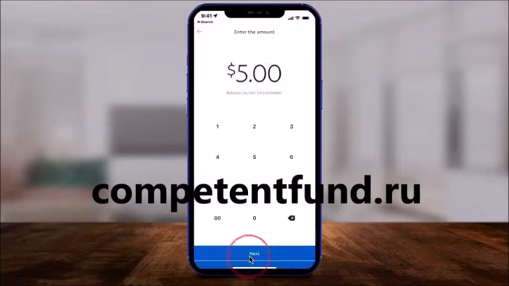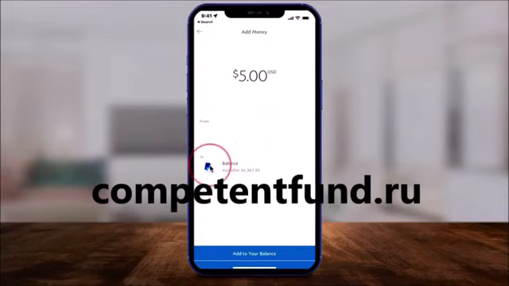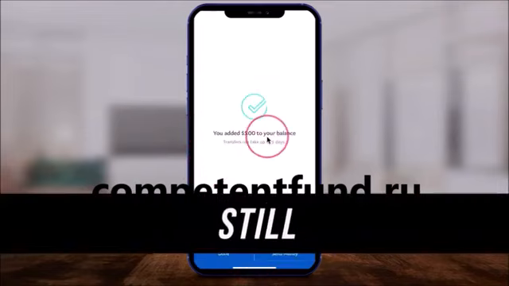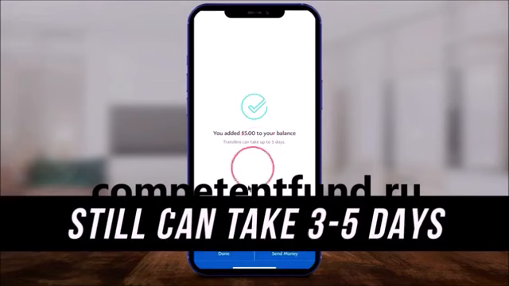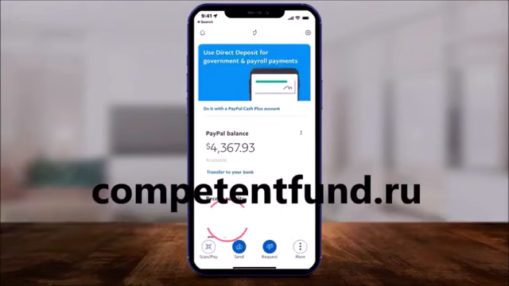So if you were transferring $5, press next. And again, right here it says from your bank account. Again, make sure you link one, and then it will appear in your PayPal balance if you press add to your balance. And you just added it. This one doesn't have a verification like the website does. So on the app, as soon as you press it, it will transfer it. You can just press on here. And it's that simple to add money to PayPal using paypal.com or here on the PayPal mobile app.